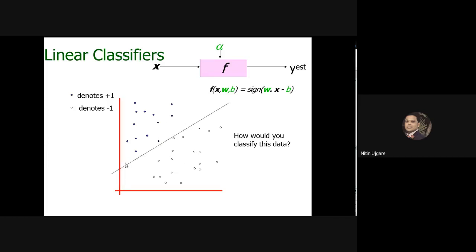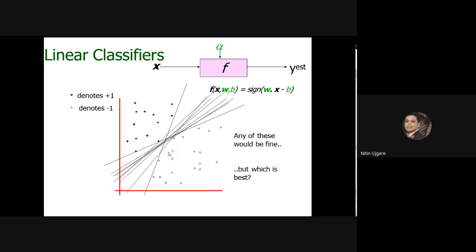So let's see, I have changed it. I have drawn this classifier, this perceptron, which performs the classification of these 2 categories or 2 classes. Well, is this the only case? No, we can have some different perceptron like this. We can have n number of perceptrons that actually perform the classification of these input instances. Any of these would be fine.